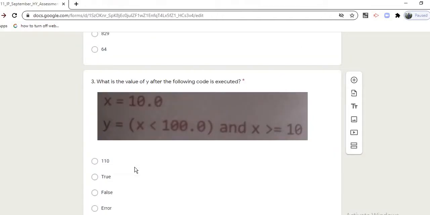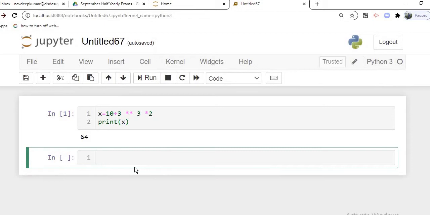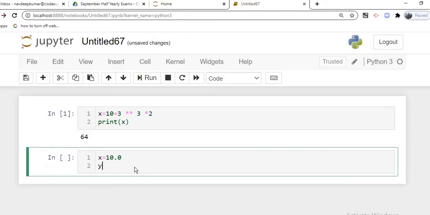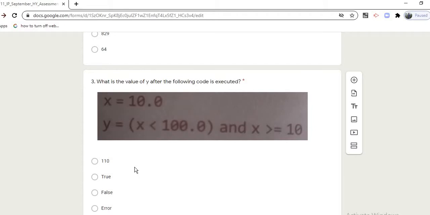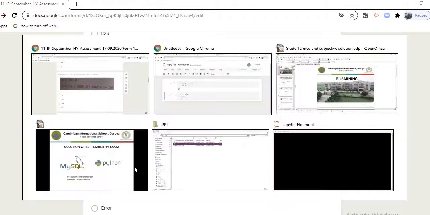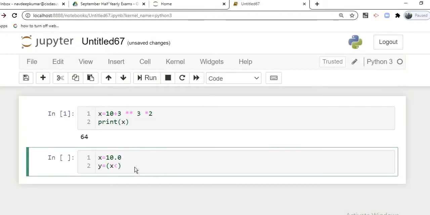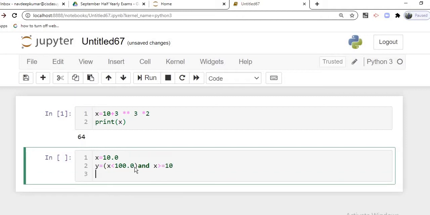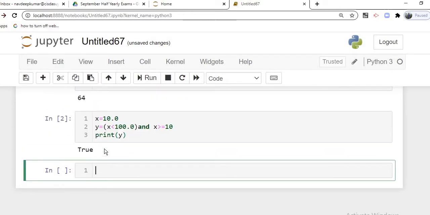If you want to have better clarity, try to run this one. x is equal to 10 and y is equal to, no, the assignment operator is solved later on, and first the expression is solved. x is less than 100 and x is greater than or equal to 10. Print y, and you see the answer here is true, because you see students,